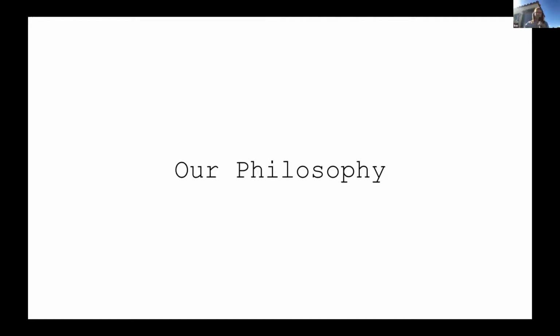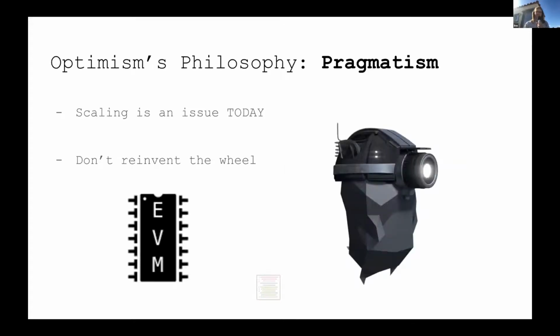So instead, what I thought I would talk about a little bit is just the philosophy that Optimism goes about as we are building this solution. And there's sort of three tenets there. The first one is pragmatism. We work very, very hard on an issue that is one today, and it is a big one, right? A couple of years ago, we weren't in the position where the Ethereum network was getting congested and gas prices were going through the roof. We are now in that world. So everything that we do is guided by getting this solution to Ethereum that can help them scale in a production environment today, because it is a problem today.